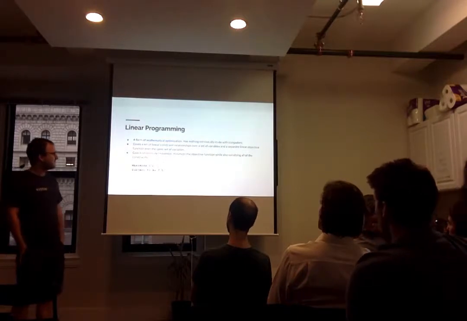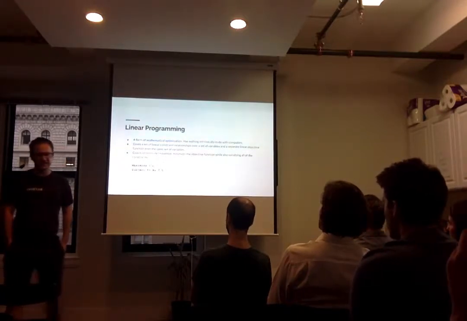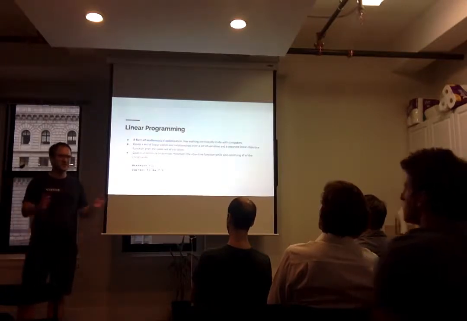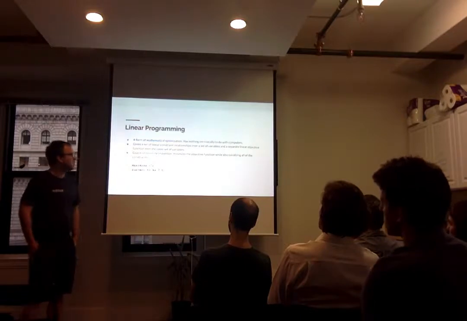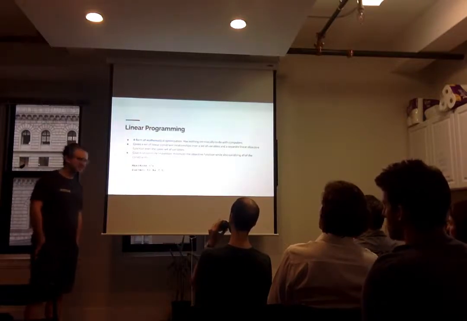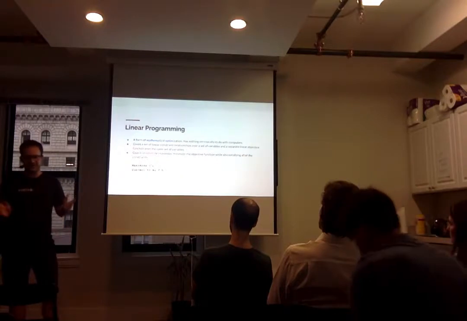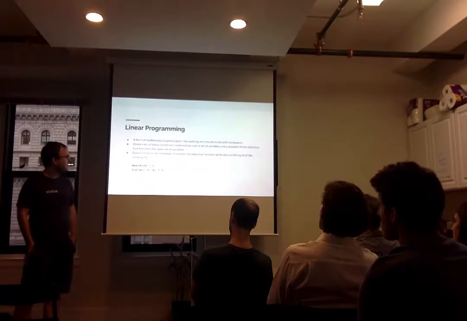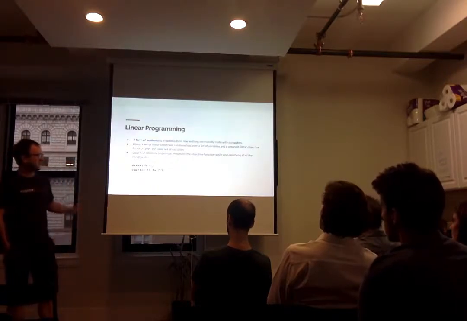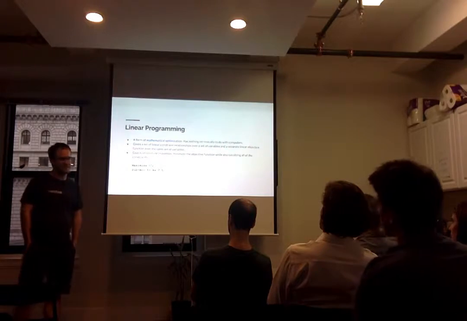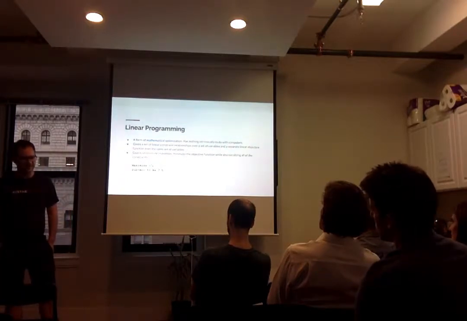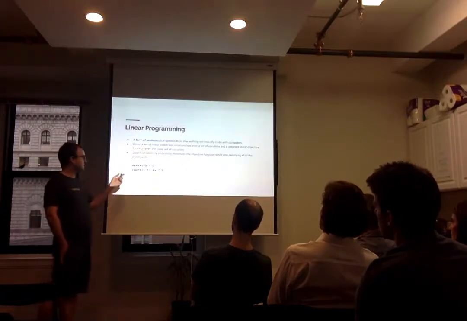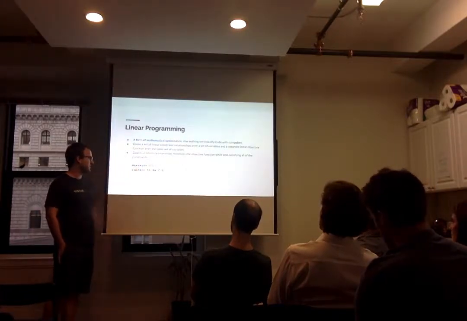So the basic idea is that you have a set of linear constraints over some set of variables. What that means is each constraint is a linear function of your variables. And then you also have a linear objective function over the same set of variables. So you have a whole bunch of linear functions or linear inequalities, really. And the goal is to optimize, which means either maximize or minimize that objective function while also satisfying the linear constraints. So here's a canonical form for a linear program, which basically says maximize this objective function subject to